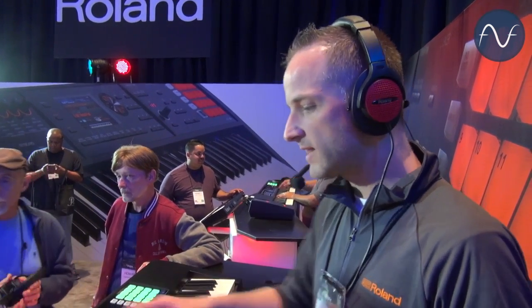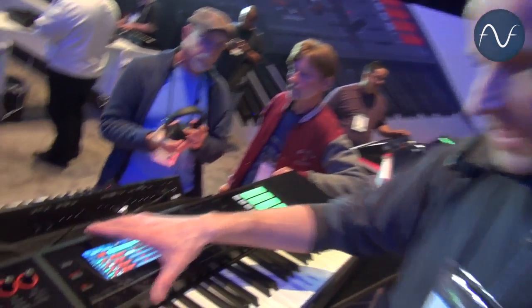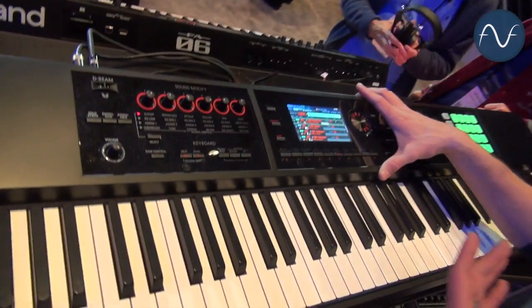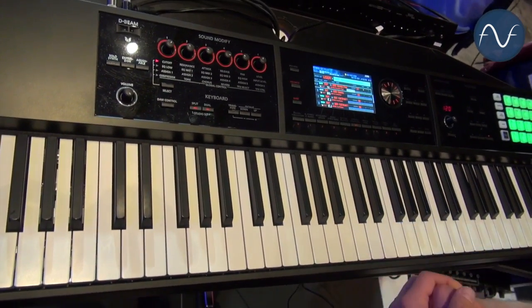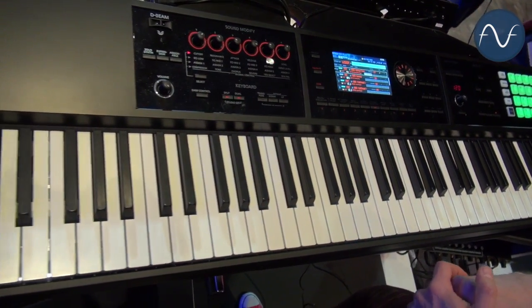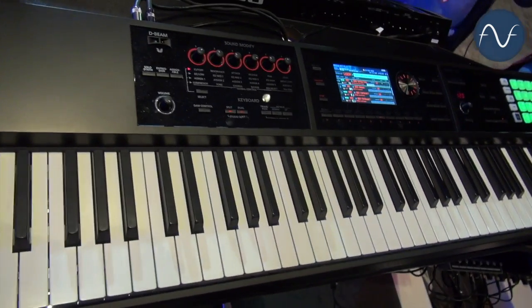Moving on, one last thing I want to mention is that we have 2 expansion slots that are virtual. So you may know that we have a website called Axial, axial.roland.com. You can go there, and currently you can download new patches for instruments like Integra 7, the Jupiter 50 and 80, as well as Gaia. Well, in the near future, you'll be able to download new patches for the FA series, FA-06 and FA-08, into those two virtual